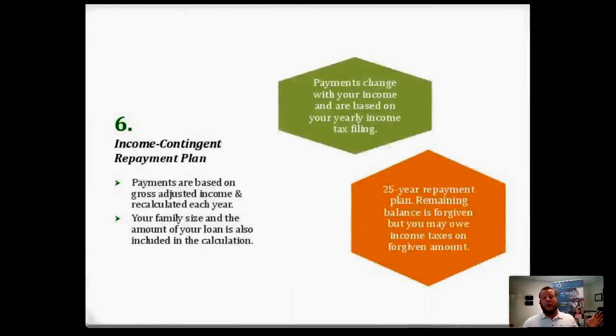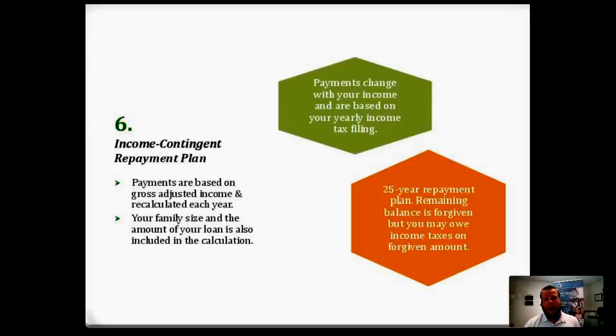Awesome. Okay, income contingent. Now, of the income-driven repayment options, this is going to be the highest payment option, just because it's based off 20% of discretionary income, okay? Everything in an IDR plan is always based off household income, household size, tax filing status, and cost of living per zip code. The ICR plan is actually more specific to people who, for example, have a Parent PLUS loan. There are certain loans that will not qualify for Pay As You Earn or income-based repayment, but they do qualify for income contingent repayment.